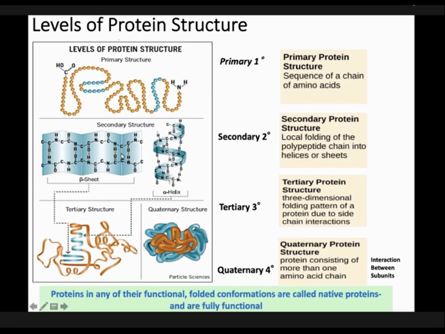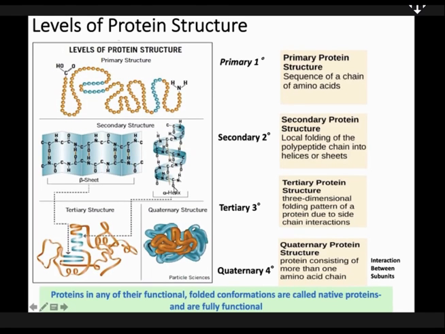Beta sheet or alpha helix. Tertiary structure is how, again, the three-dimensional structure, the folding of the proteins are interacting, and quaternary are subunits. Okay? It's very important that you know that